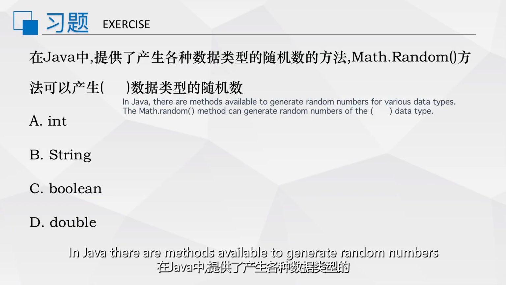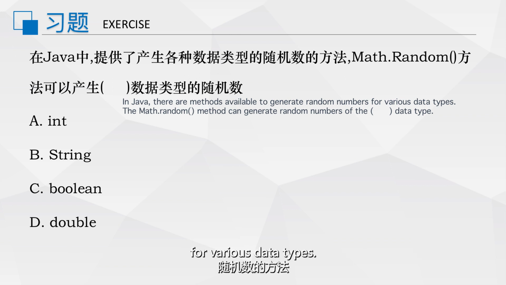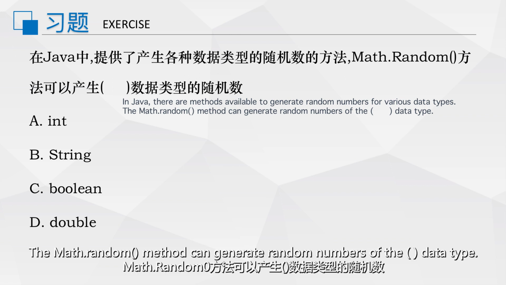In Java, there are methods available to generate random numbers for various data types. The math random method can generate random numbers of the data type